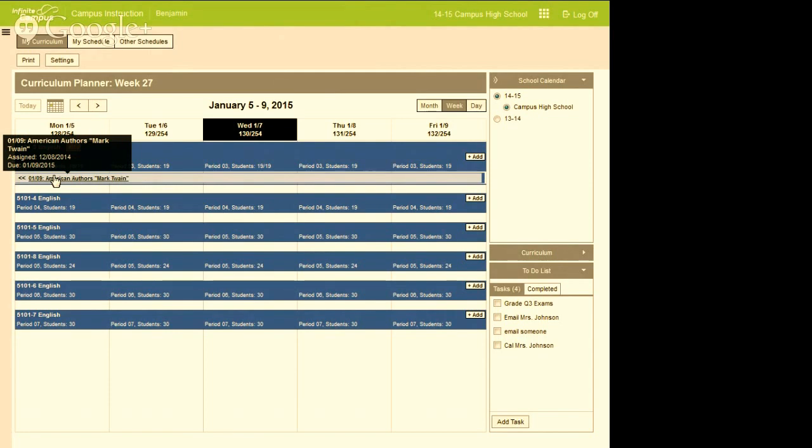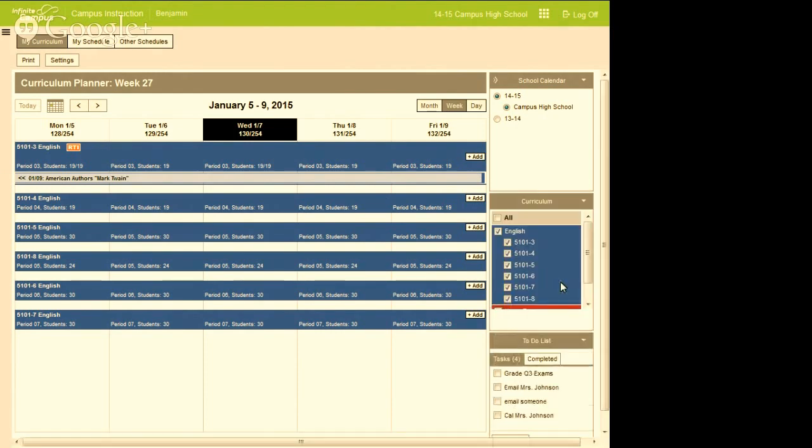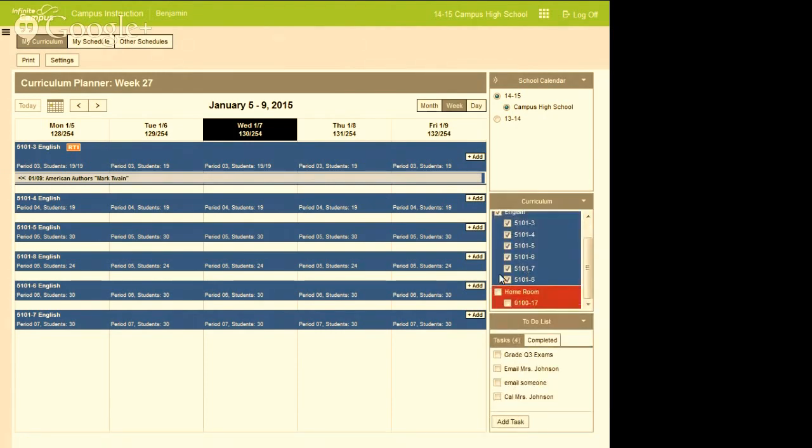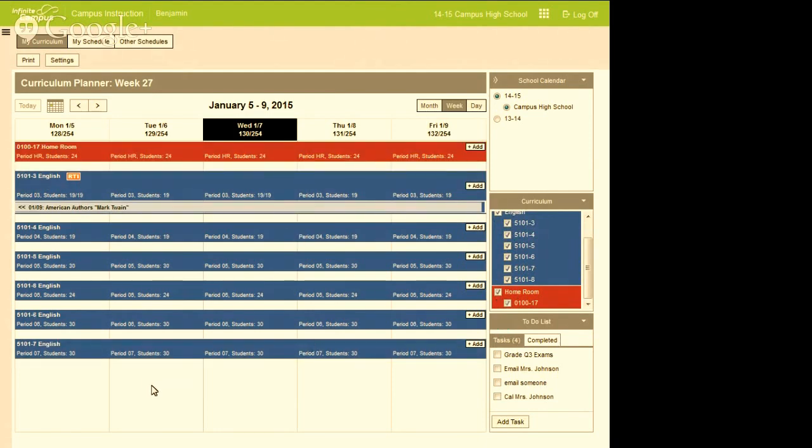That's due January 9th. If this was also assigned in all my other classes, I would see that, so I would be able to have that option. I could modify assignments right from here if I need to. I could click in and go into the assignment detail. I could say, well, I'm only interested in looking at a certain period, so these are all my English classes, and then I have a homeroom, so if I want to include those. Now, right now, it's an organization tool. What assignments are coming up? What do I have for unit plans, things like that.